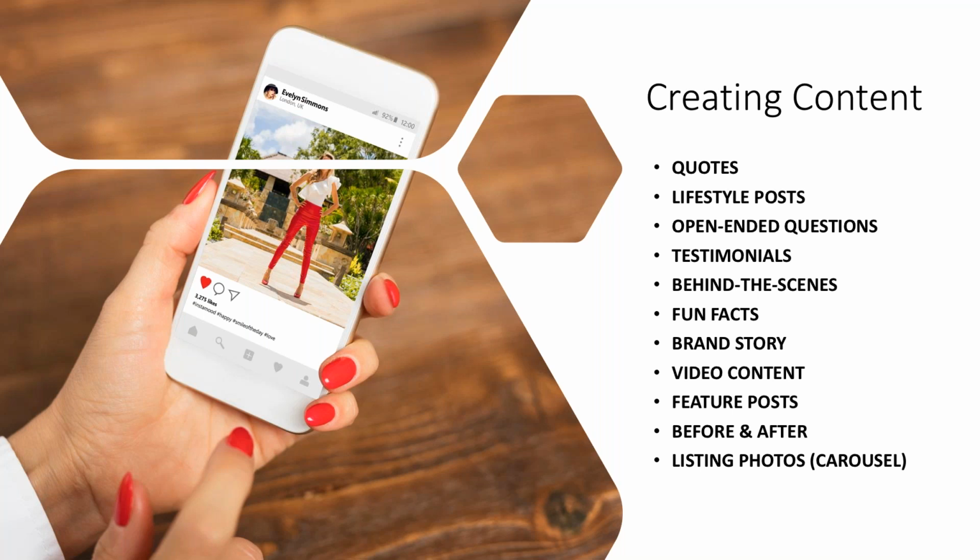Behind the scenes, what goes into being a real estate agent? There's just so much that happens when it comes to being an agent. And this will be your 40th, 50th, 5,000th transaction. But approach it each and every time with your content as though the person watching is going through it for the first time. Slow it down, break it down, and show them what's all involved. You're educating your audience, and that allows them to see that, hey, you are an expert. You do know what you're talking about.